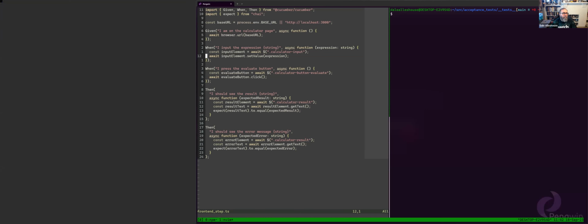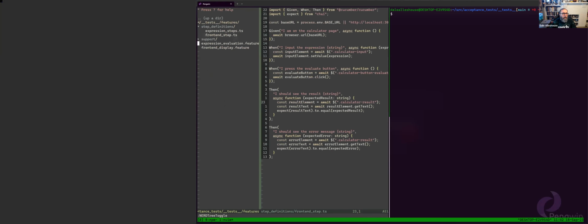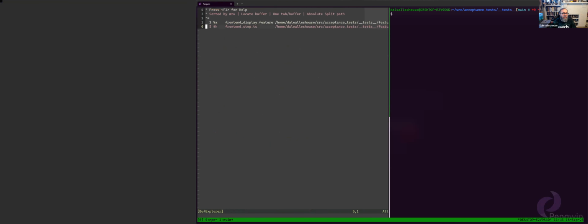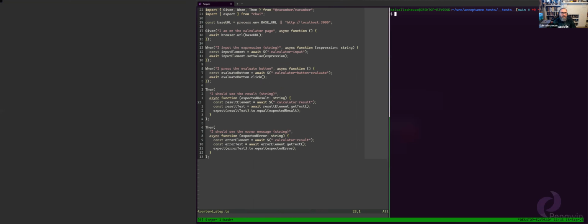So we go out, we grab the expression, and we set the value. When I press the evaluate button, we're just pressing the evaluate button. Then I should see the result. We're just going out and looking and seeing what's on the page. Does that make sense to all the engineers? Like I say, you don't have to memorize the syntax, but this is basically what happens. Your product manager will check in code that looks like this, and then you will attach code to it that looks like this. So now, if I come over and look at this code, I run npm test,